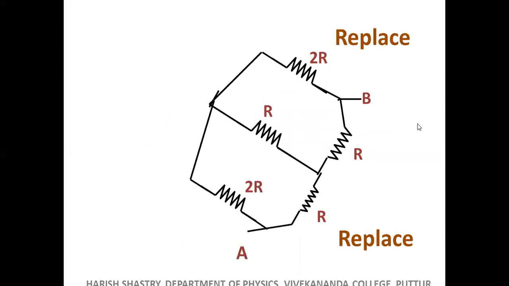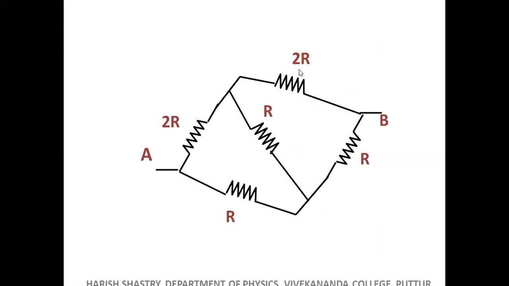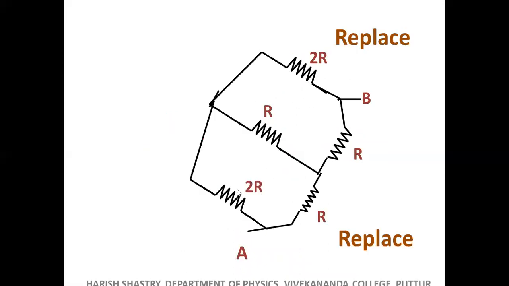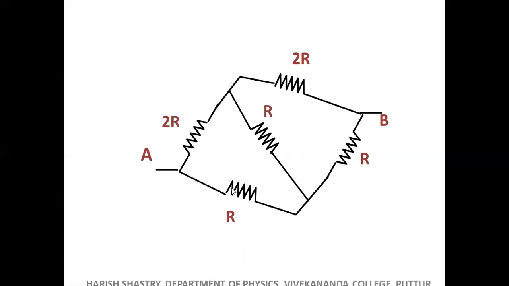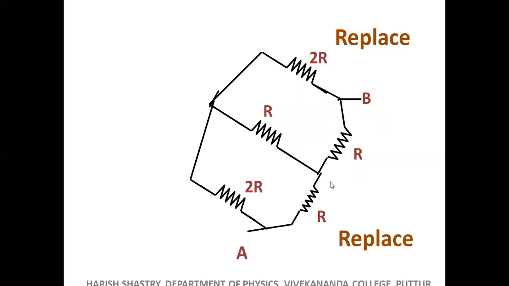So I think there is no confusion in changing it like this. I will bring this A here, the 2R connection here, the 2R connection here, that's all. So you have 2R, 2R, R. Is it so? 2R, 2R, R. And here R, R. Is there any difference? R, R, 2R, 2R.